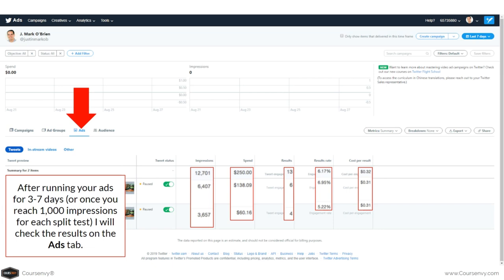So now after copying that campaign and changing one variable, we're going to run our ad for 3 to 7 days, or once you reach 1,000 impressions for each split test campaign, and then I will check the results on the ads tab. So as you can see, we're in there on the ads tab, and I look at all